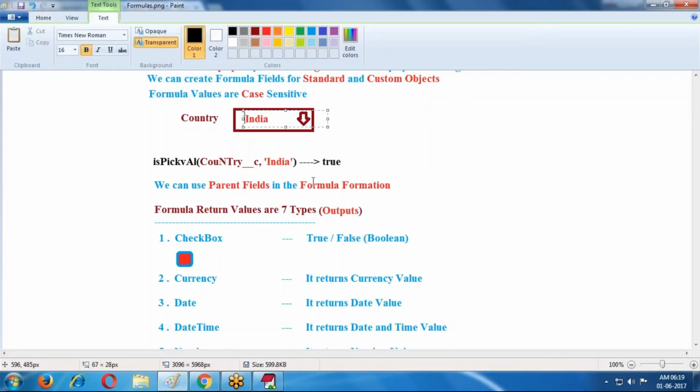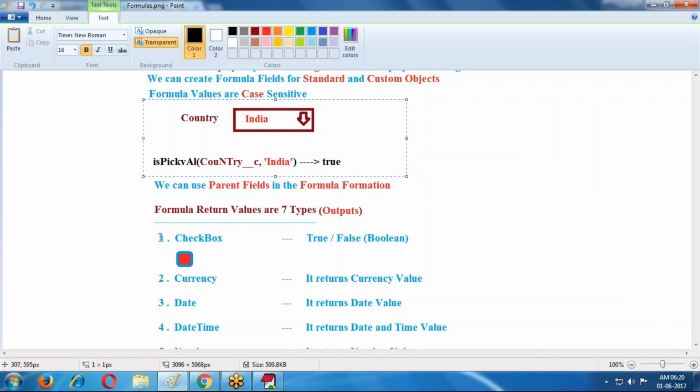We compare that India with this India; if both are the same, it returns true. Otherwise, it returns false.